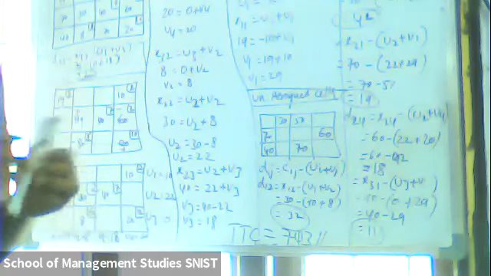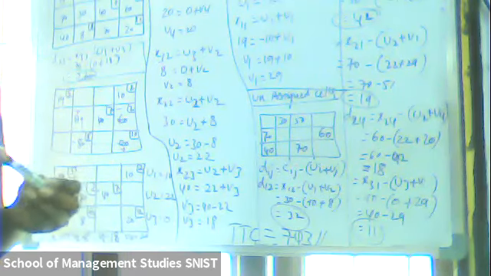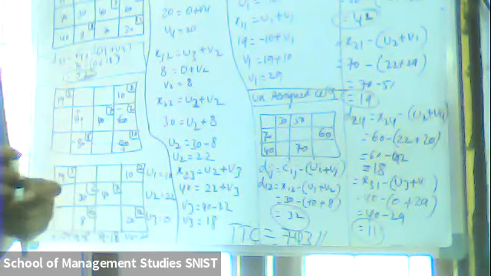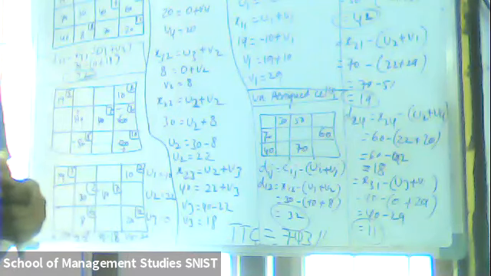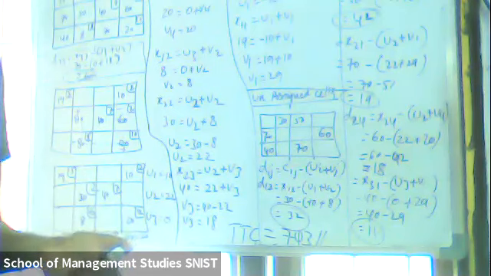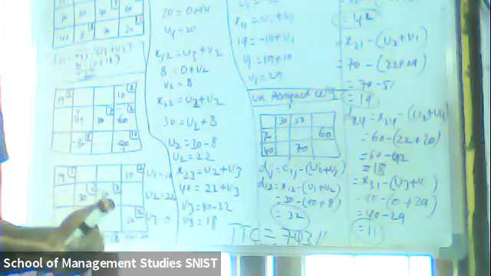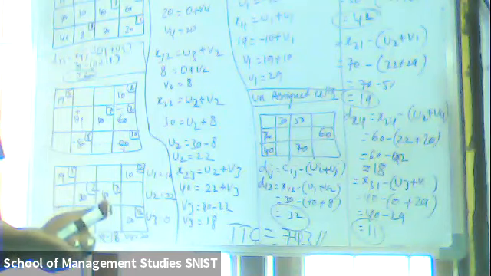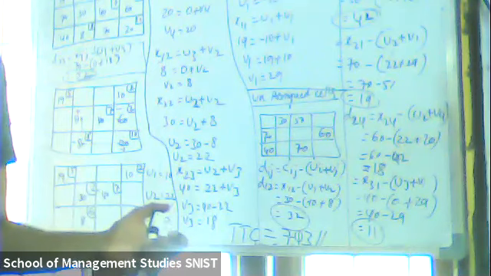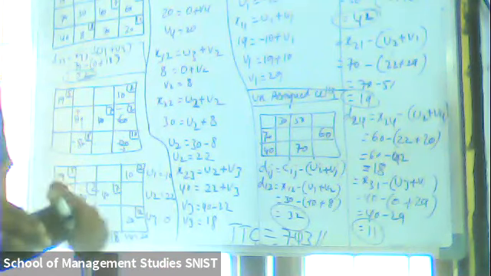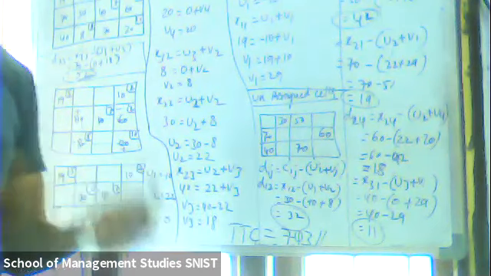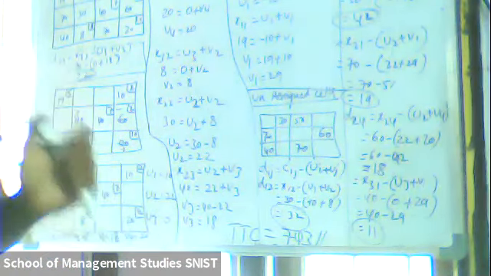Okay, fine, good. So if they did not mention anything, rather than going with the northwest corner method, it is better to go ahead with the VAM method. If they mention the northwest corner method, you don't have any option, so apply the northwest corner method, that's it. If a professor asks you to apply maybe the least cost method and show the optimality, you have to apply the least cost method and optimality, that's it. If they ask you to apply the VAM method and show the optimality, you have to apply the VAM method, that's it. If they did not ask you any method, then apply the VAM method. Okay, go ahead, Ramana.